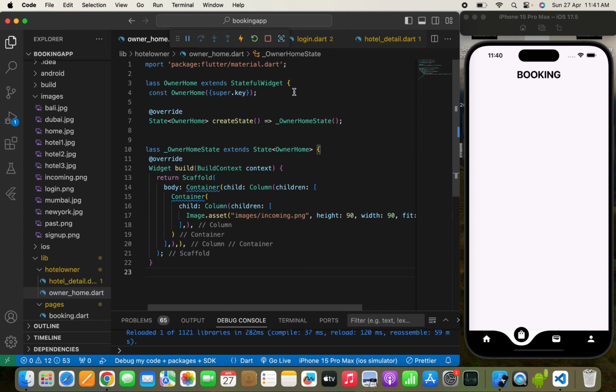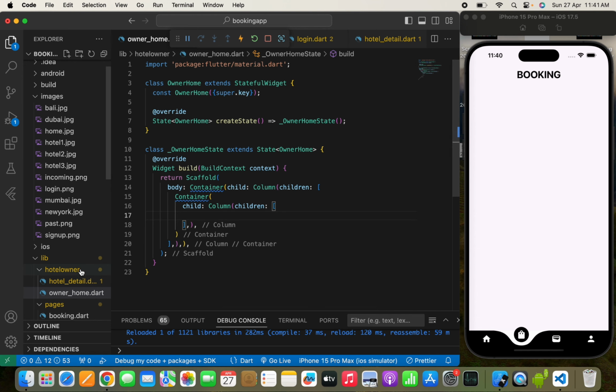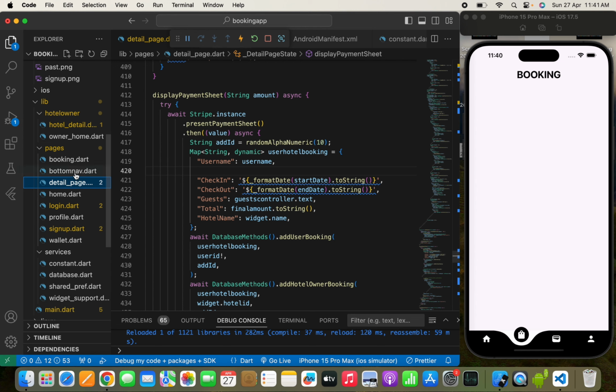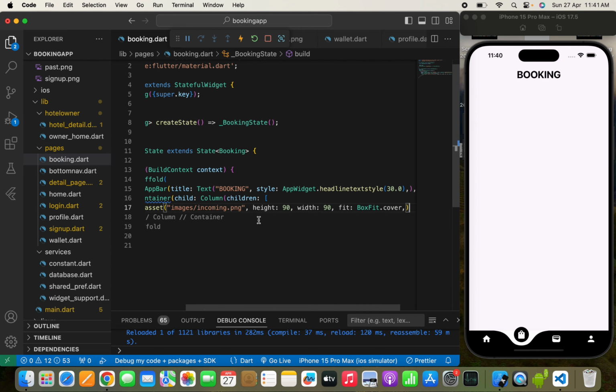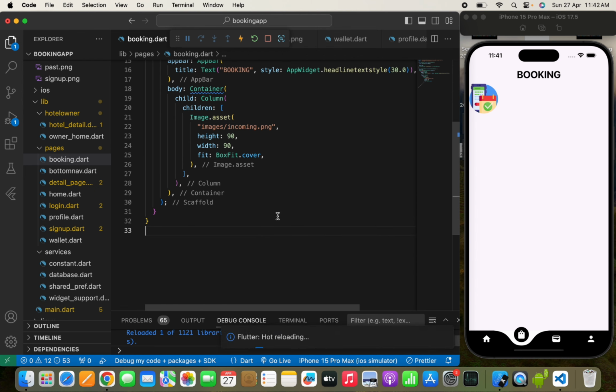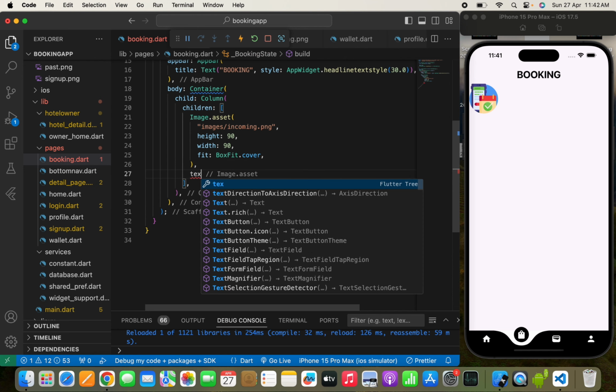We can't see the image now. Why? Because we have passed it on the wrong page. Sorry for that. Yeah, so here I just need to pass it something over here, not over here, here, where, yeah. So over here I'll just paste it, and this is the icon, or image, you can see. Now here what I'm going to do is just below this I'm going to show the text,